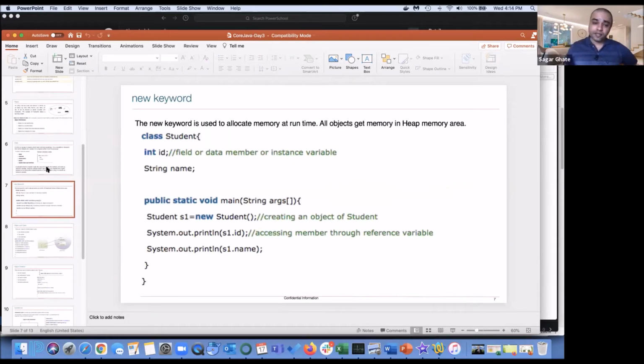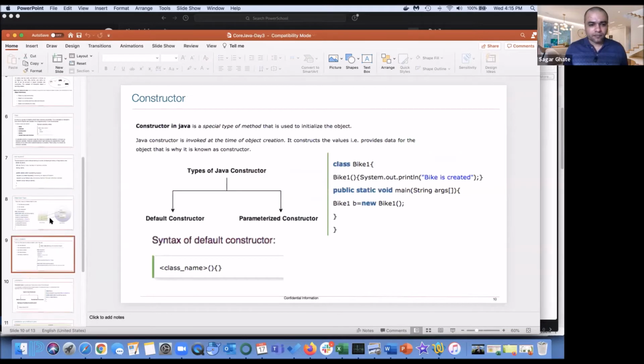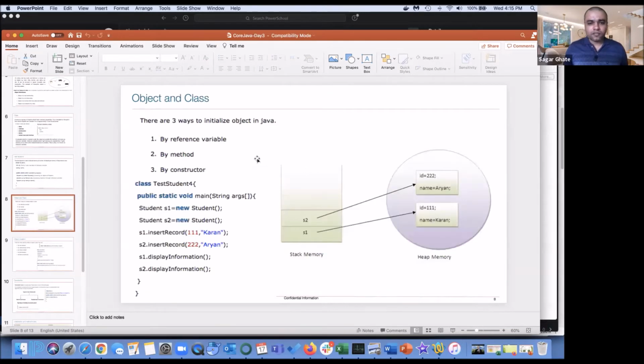Likewise, we saw how we can use the new keyword for creating an object, where the stack and heap memory will be, and what is going to happen when we initialize an object.